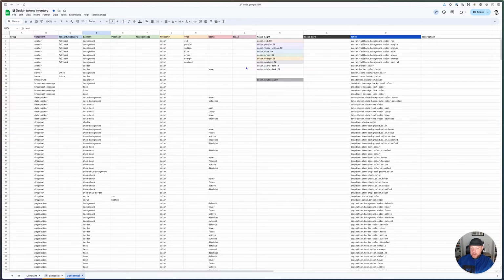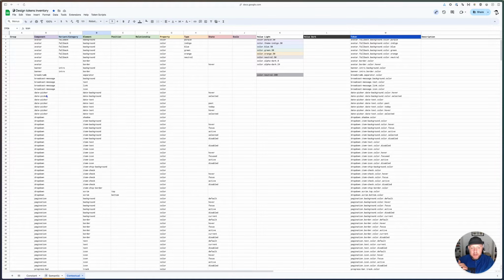Same applies to border. For right now, these are the only borders that are really transparent, and so keeping those separate. But in the meantime, working through the rest of these, and these aren't complete, but seeing what else we can bring over into the semantic layers. So tons of things are neutral, like with drop downs, the hover state of items, some of the iconography or the borders, the background. So there's going to be a lot of opportunity to take these things and say, you know what? There's already something semantic under an action that handles this.